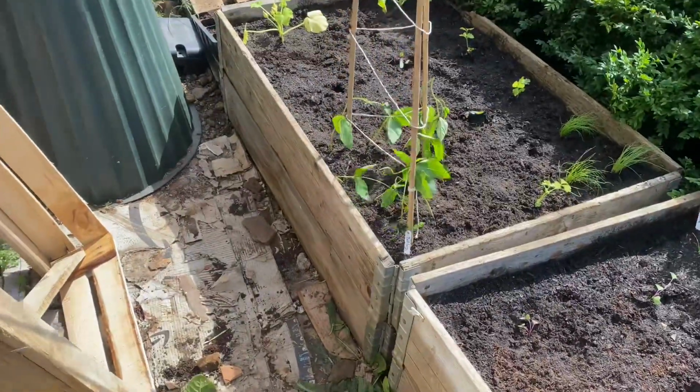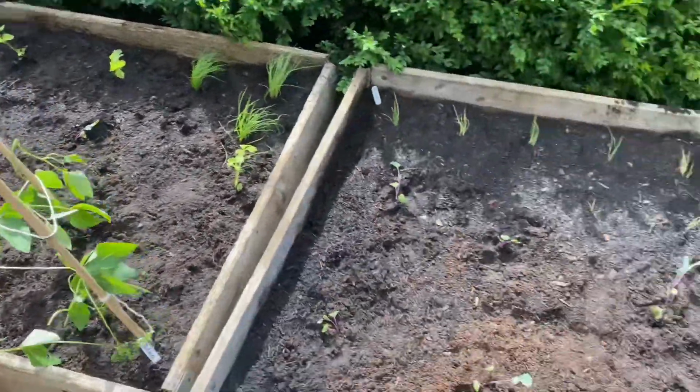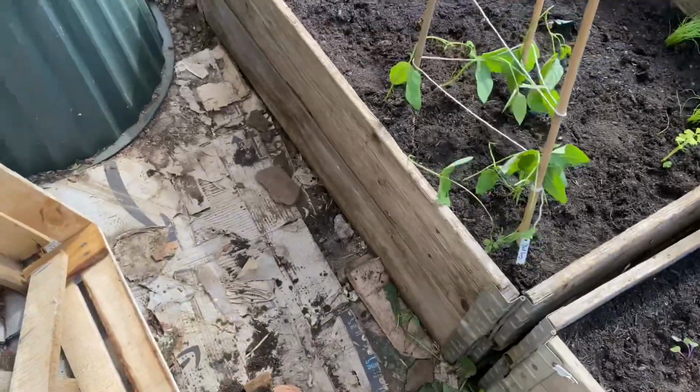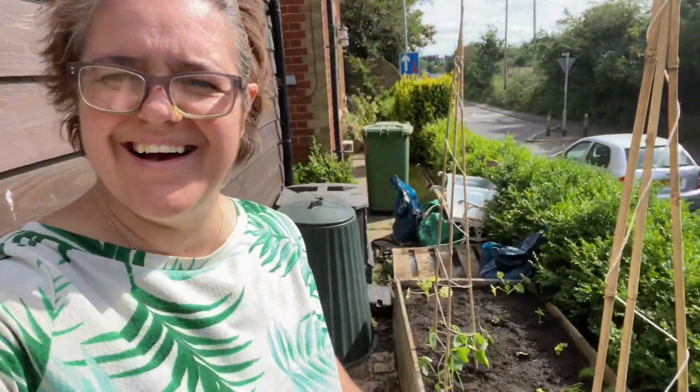Maybe I might try some swede and turnips out here as well, because swede, when I did it here, it used to be a pallet. Let me turn you around, there we go. So